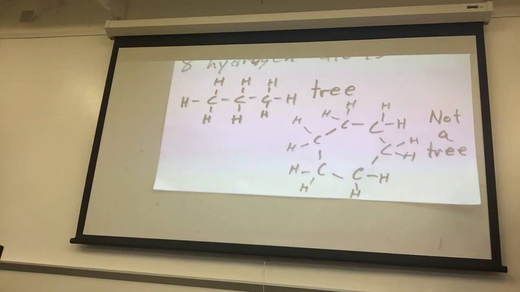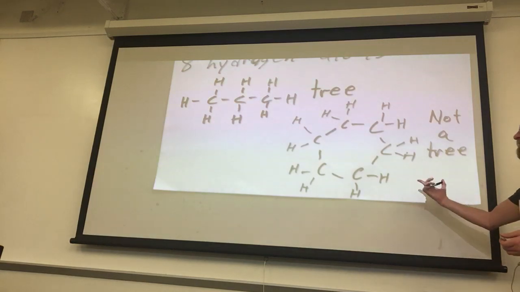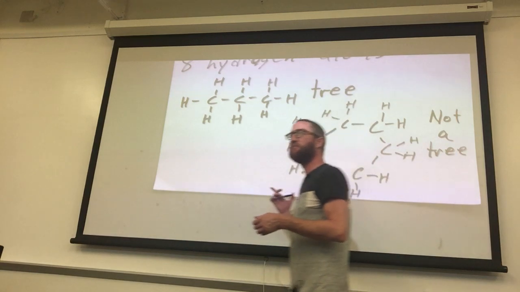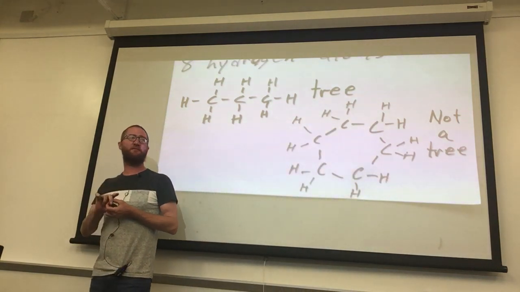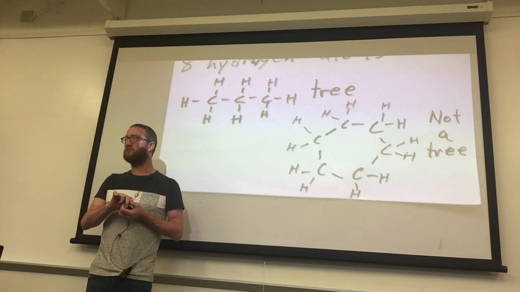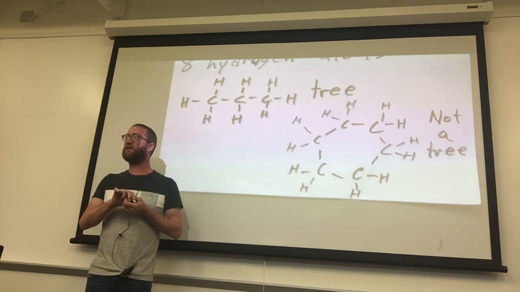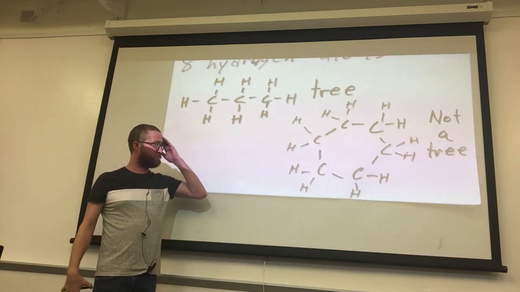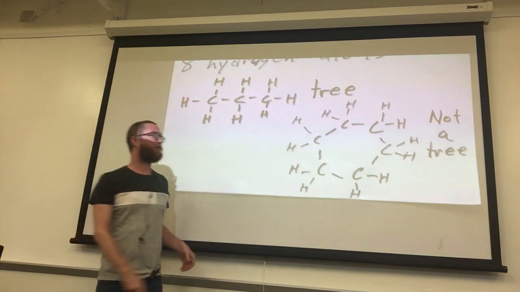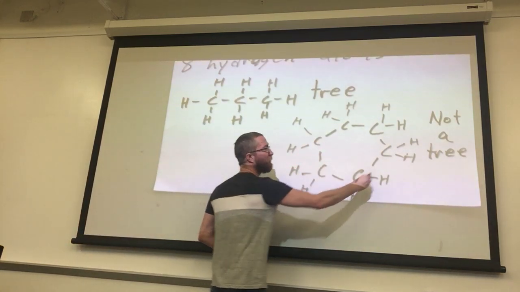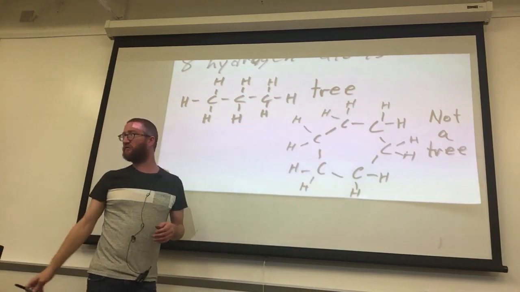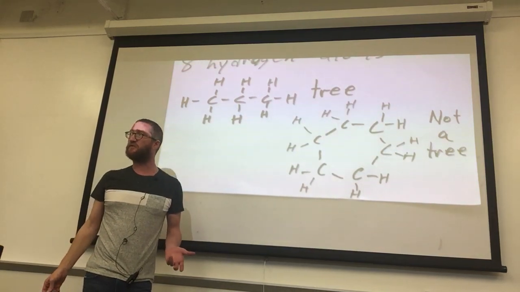Why would this one not be a tree? Because it's a circuit. There exists a closed walk. And does anybody remember what this type of molecule is called? It's a benzene molecule. So a benzene molecule is not represented by a tree because it contains a circuit, because those carbon molecules form a closed walk from this carbon molecule all the way around back to that other carbon molecule. So this is an example of something that's not a tree.